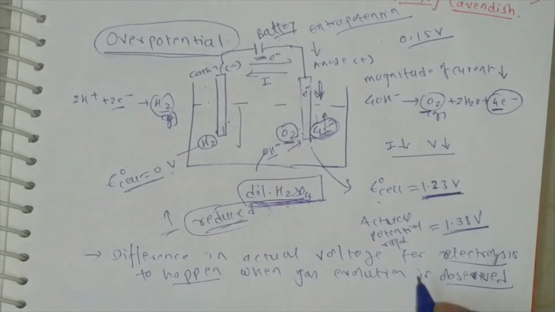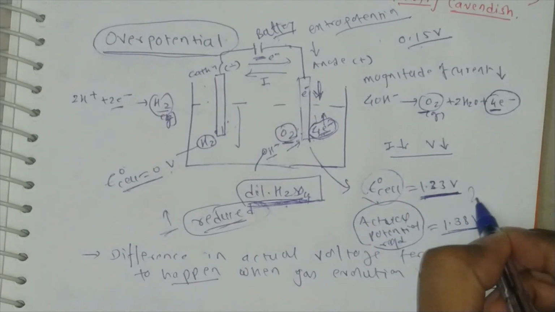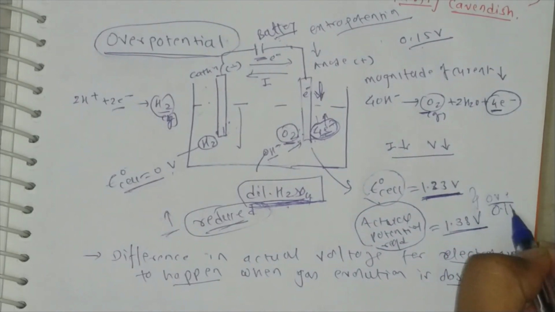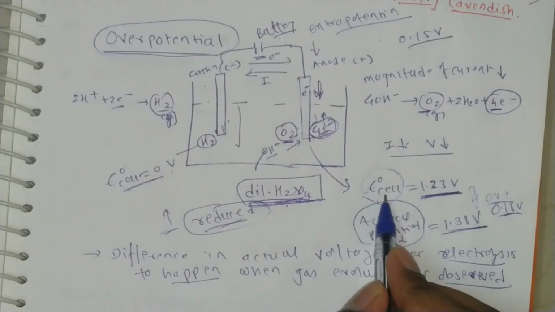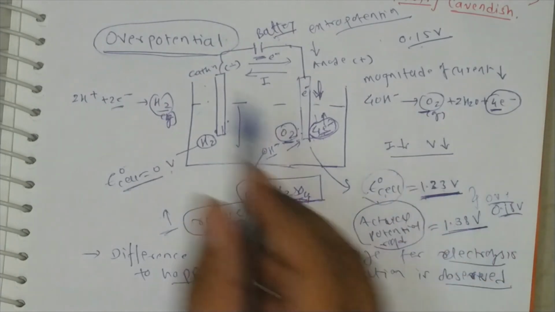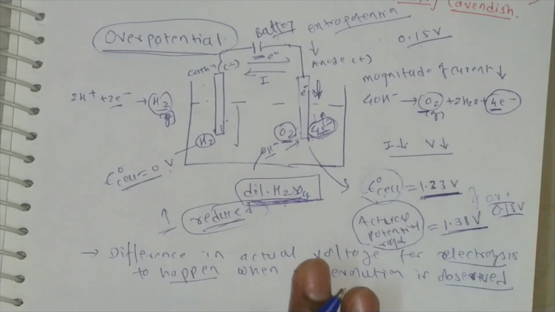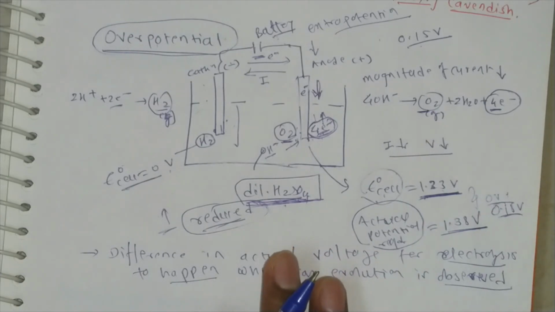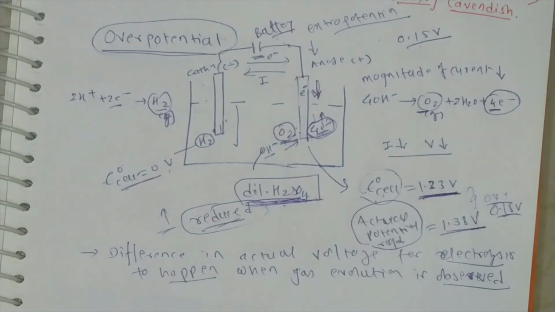1.38 volt. So the difference between the actual potential required and the theoretical value is nothing but the over potential, which will be 0.15 volt. So this is the actual potential required and this is the theoretical potential required for carrying out an electrolysis, and the difference between these two is called the over potential. Understood? So what is over potential basically, did you understand? The actual potential that will be required and the theoretically given value to carry out an electrolysis of a given electrolyte, and why is this? Because of the generation of such types of gases, right? So this is called over potential.